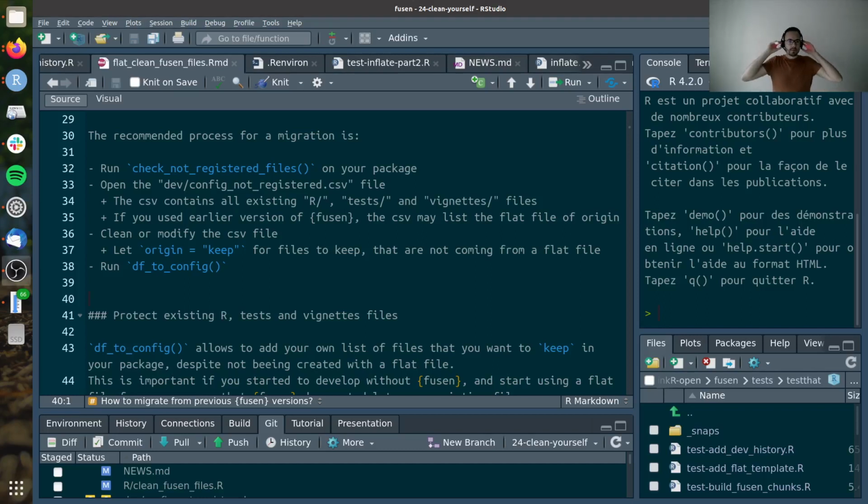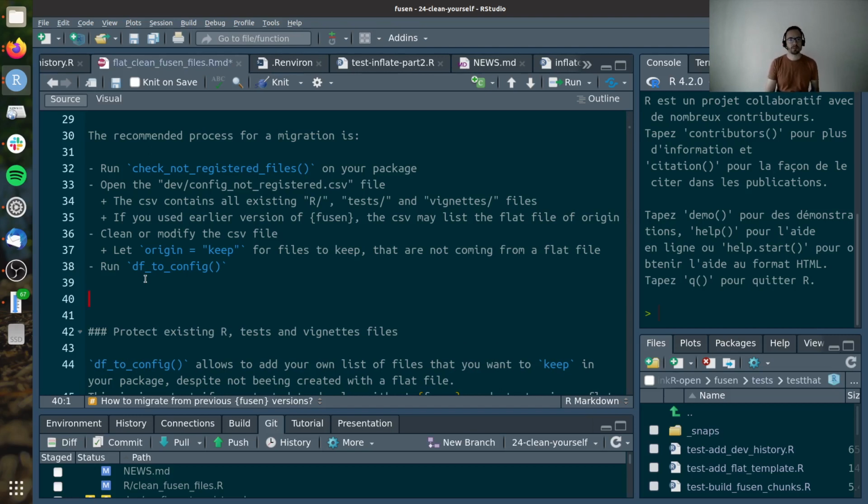So let's do this. Just try to stream something and to record how to use fusen. I'm now about to add a new functionality to fusen. This functionality is to keep the list of all the files created by fusen itself and all the files that you may have created by other means. And this list will help you clean your package built with fusen, because fusen inflates a lot of files, and